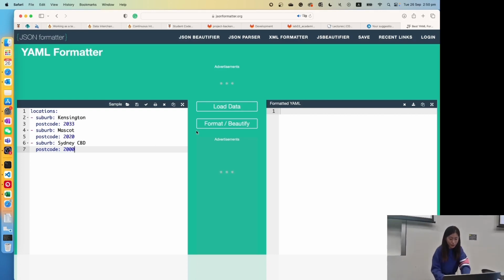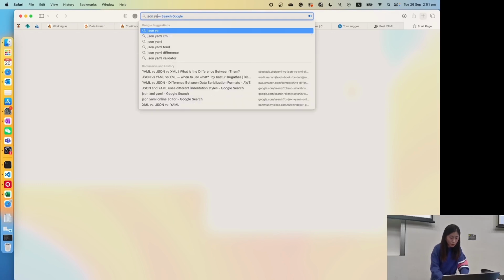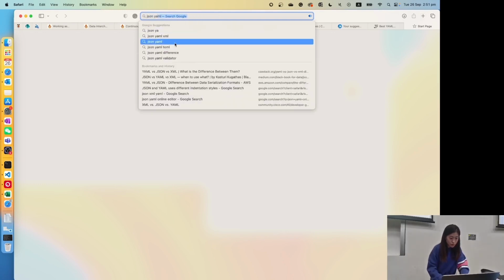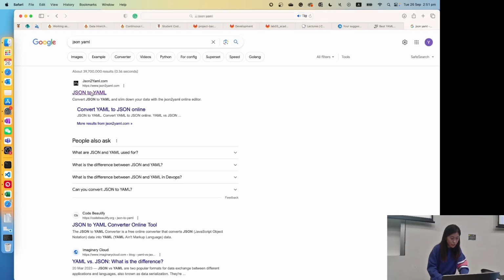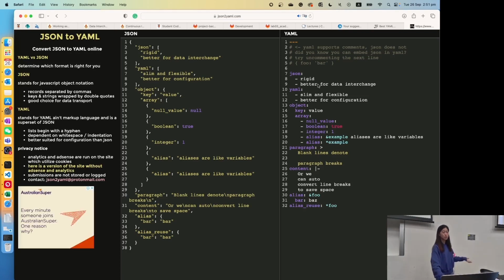You can also take a JSON file and convert it to a YAML file, or convert YAML to a JSON file, using these tools. This one doesn't work well, but I can find JSON to YAML. So you can just find a random one. It doesn't really matter. You can see how you input a JSON file and then it automatically converts it